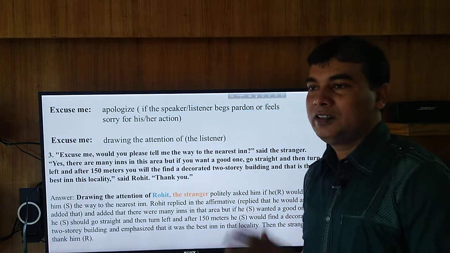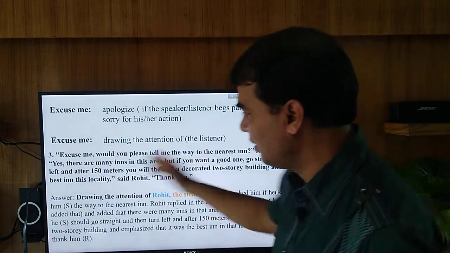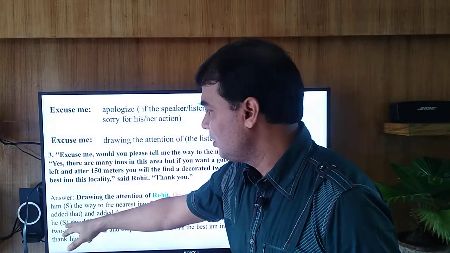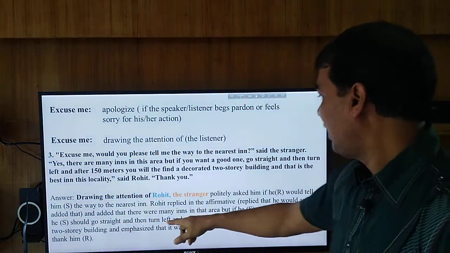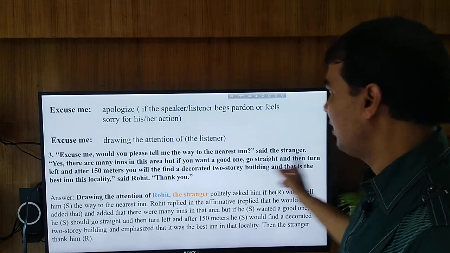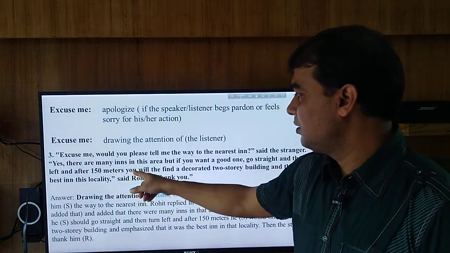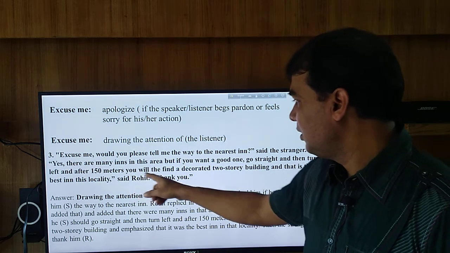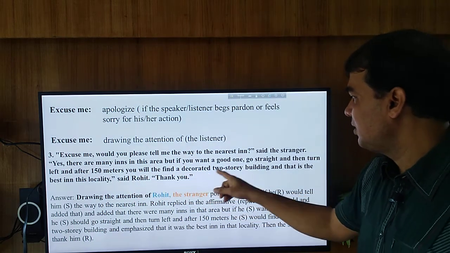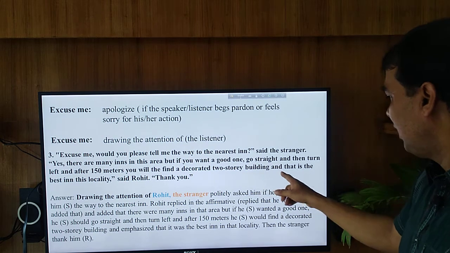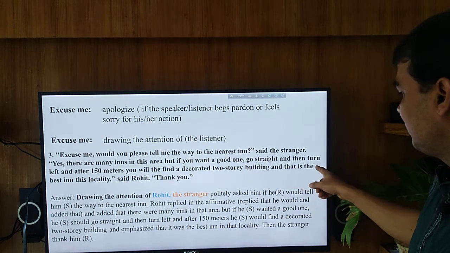That means you should go straight. So here we have to write down you should go straight and then turn left. And after 150 meters, you, that means the stranger, would find a decorated two-story building, and that was the